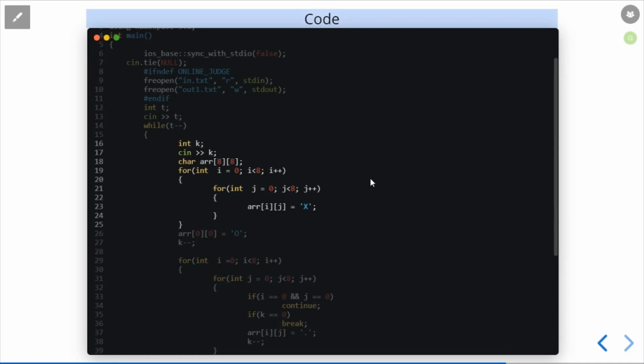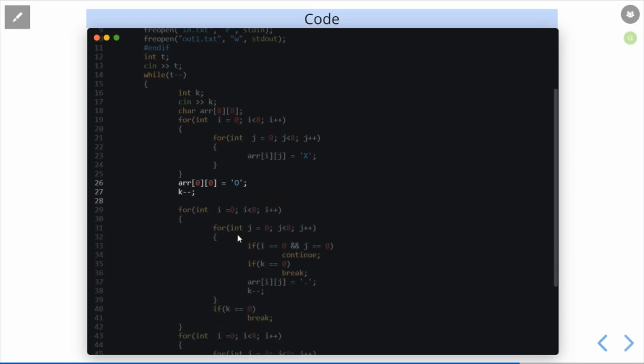Okay, so now let us see the coding part of this video. It is quite simple, as asked in the problem. We'll do the same. We'll get the input of k and make a board of 8x8. First of all, as we discussed in the approach, we'll fill all the cells with obstacles. So we take 2 for loops and fill all the cells of array i, j with obstacles. Now the second step is we need to place the king. As discussed in the approach, we'll place the king at cell 0, 0 with the character O. So the king is represented by the character O, and we'll reduce the size of k